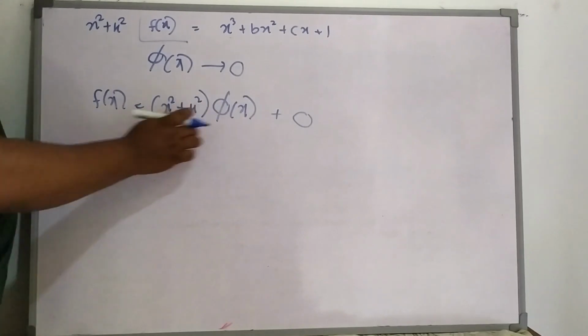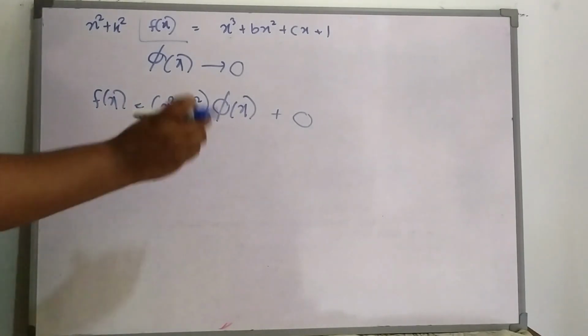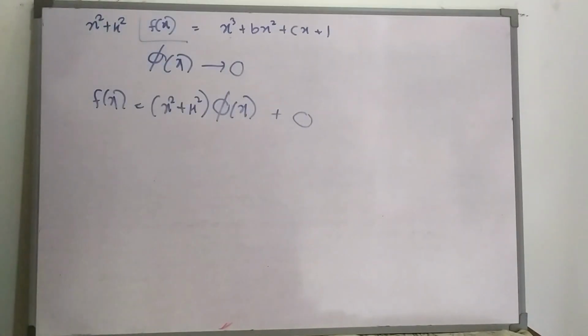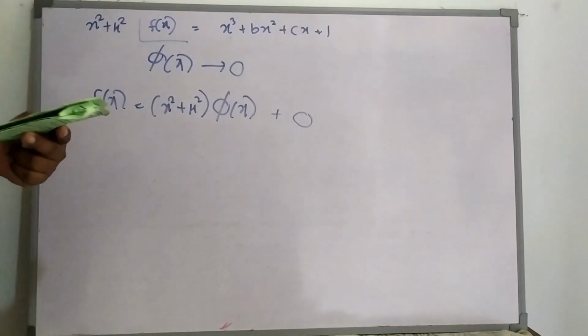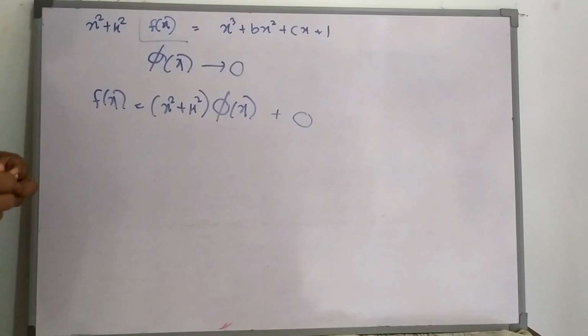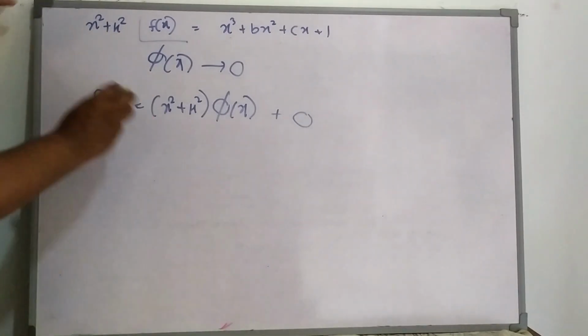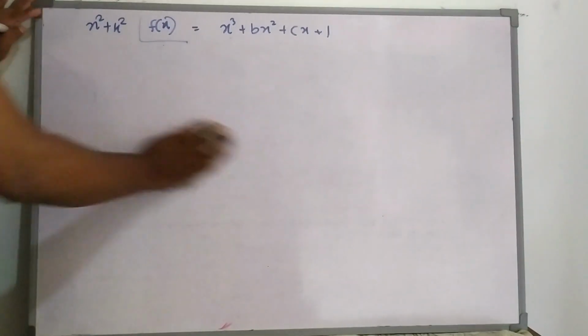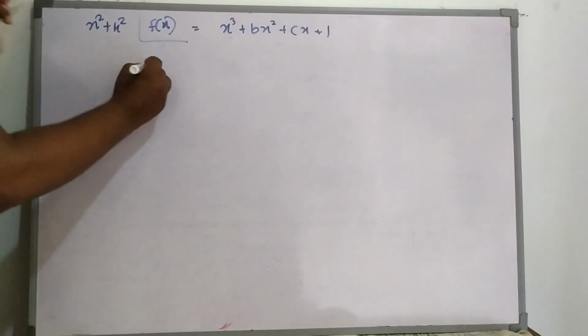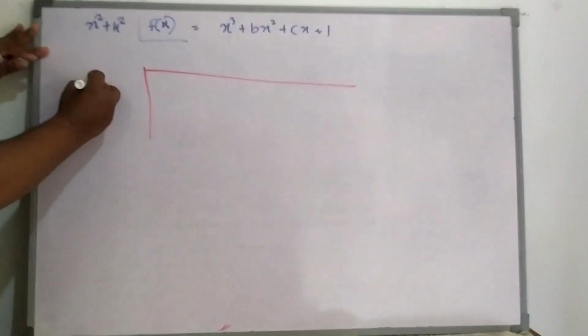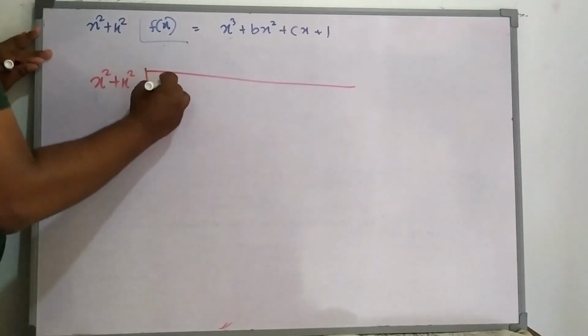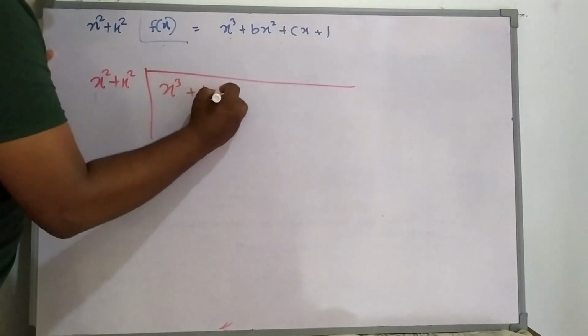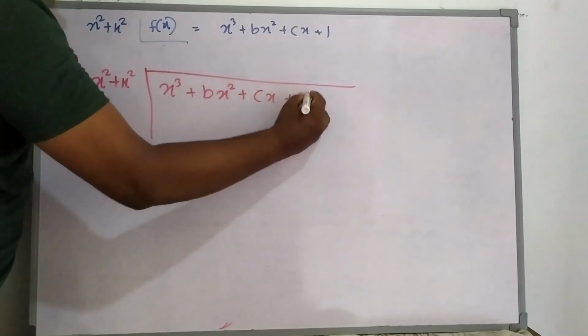Therefore there is no x value suitable for cancelling this whole part. And we also need bc as 1, the product is 1. Then what I am going to do is use long division: x squared plus k squared into x cubed plus bx squared plus cx plus 1,